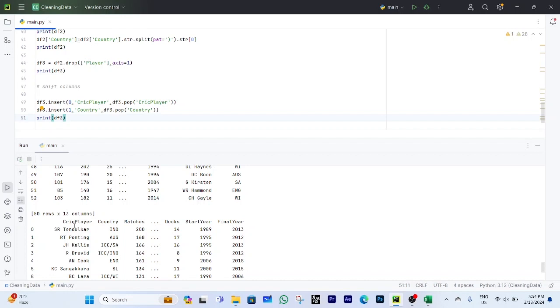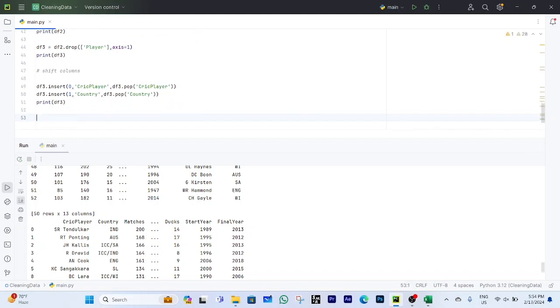Now I have done with this one, we have duplicated everything. Now I want to add a column which will show the difference between the starting year and the final year. So here I'm going to use df3 and give a name for the career length of the player. So, career length of the player, equal